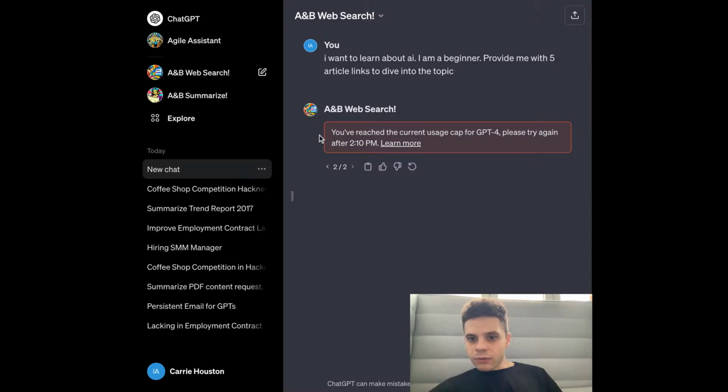oh no, I ran into the usage cap. But what I'm saying to you again, that would give you the examples, the link list, and descriptors of the articles that you will be able to dive deeper and learn a